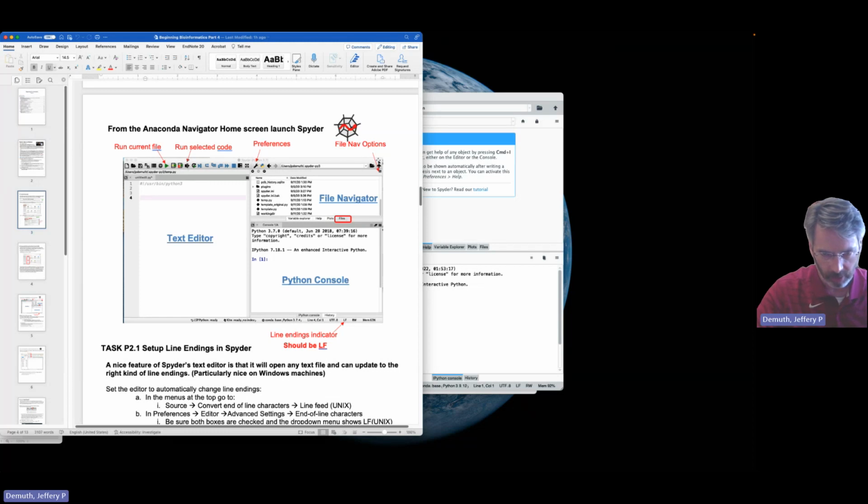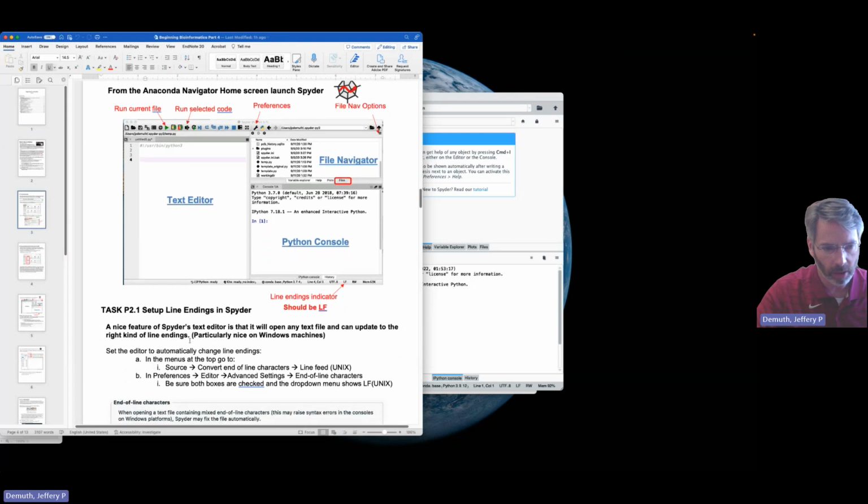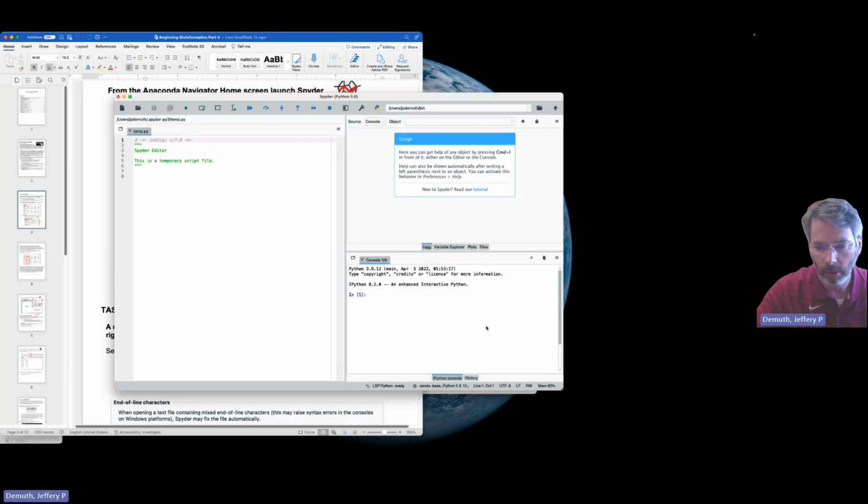There's preferences and then file nav options, because I talk about one of the nice things in Spyder is that this text editor doesn't only deal with Python code. You can open a regular text file there. And especially if you're on a Windows machine where line endings might be a problem, which I talked about back in one of the Unix sections, you can see immediately what the line endings are in a file by that little